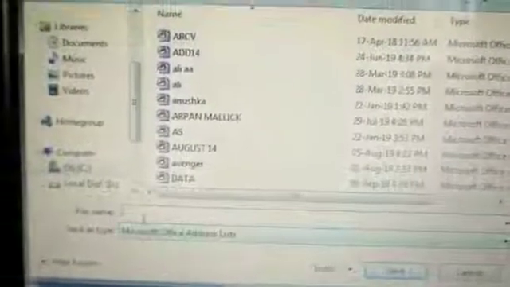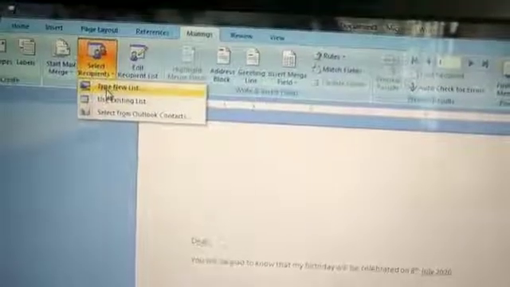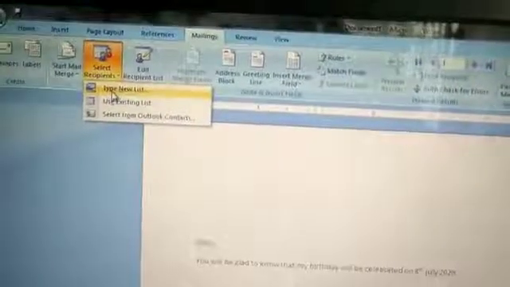When you click OK, the same procedure follows. There are different existing name lists coming, but here we are creating a new one. So in the file name section you have to give a new name. I am giving add_p, so I can identify my file. So by using the Select Recipients option, we can either use an existing list or type a new list. We have clicked on Type New List.